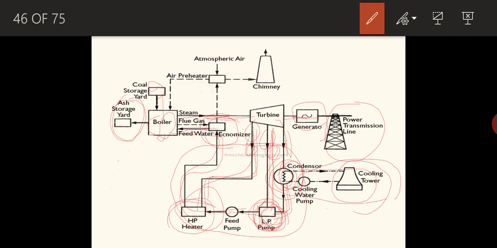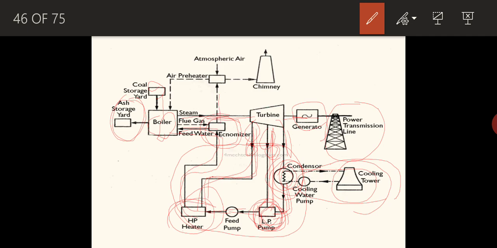First, initially it will be passing through the economizer, where it will be giving its large quantity of heat to the water coming into the boiler. So its temperature is slightly reduced. Otherwise, that high temperature air is directly expelled into the atmosphere, so it is a wastage of energy. So a part of energy or part of heat content within the flue gas, major part of the heat content within the flue gas is extracted by the water coming into the boiler. So after that, still it will be having a very high temperature.